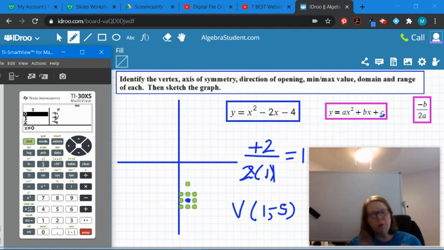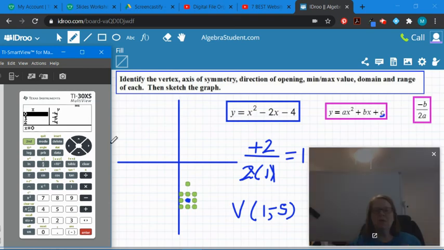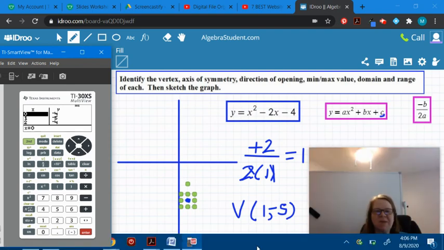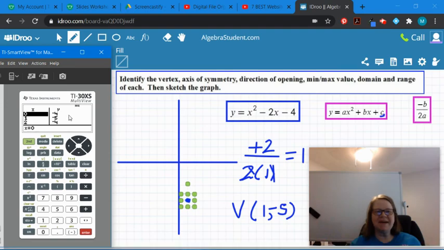You are looking for a place where you see symmetry on the right side. And when I say symmetry, I just mean the top and the bottom y values are the same. If the top and the bottom y values are the same, those numbers in the middle are your vertex. How cool is that? It doesn't work every time, but